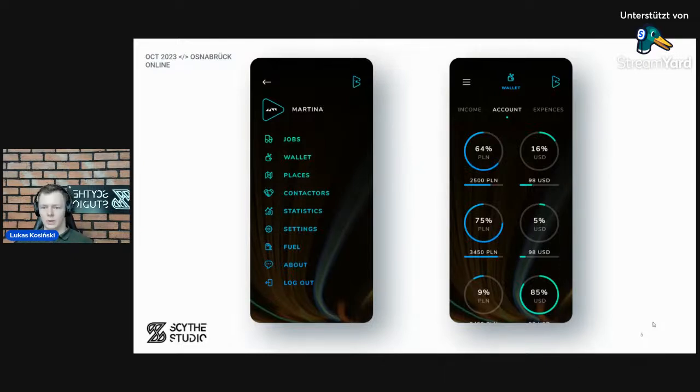I was stupid at that time, and I assumed some crazy numbers that I would make out of this application, that I would have advertisements and I would have some crazy income from those advertisements. But the problem was that I did not know that to earn from advertisements, you have to have users of your applications.